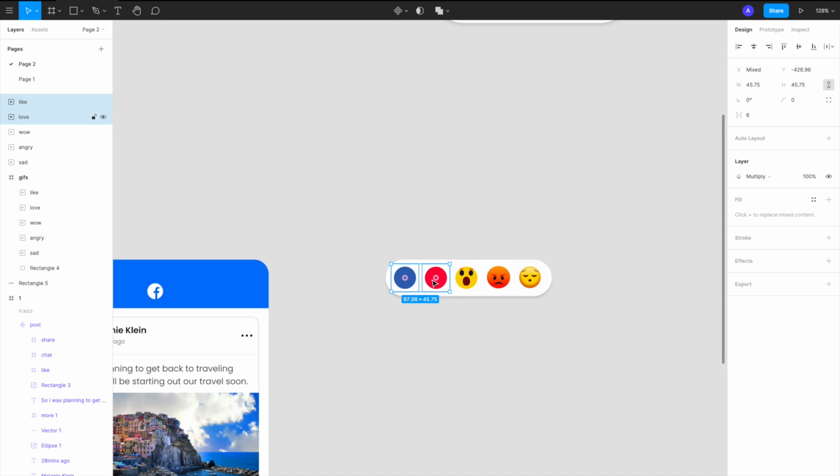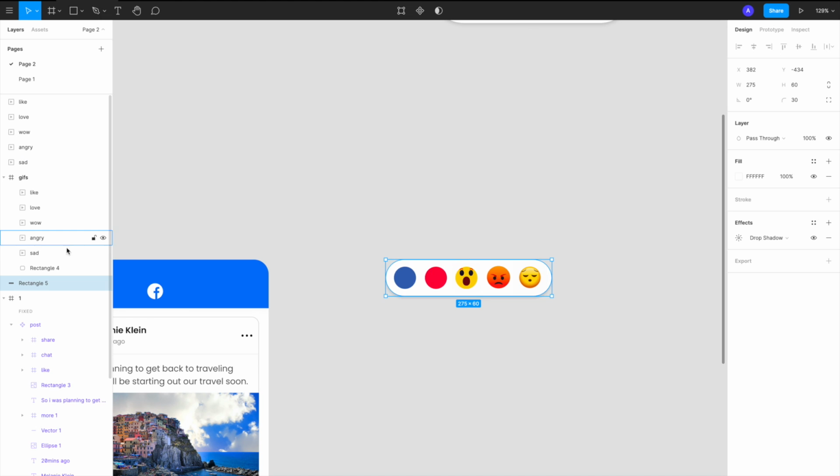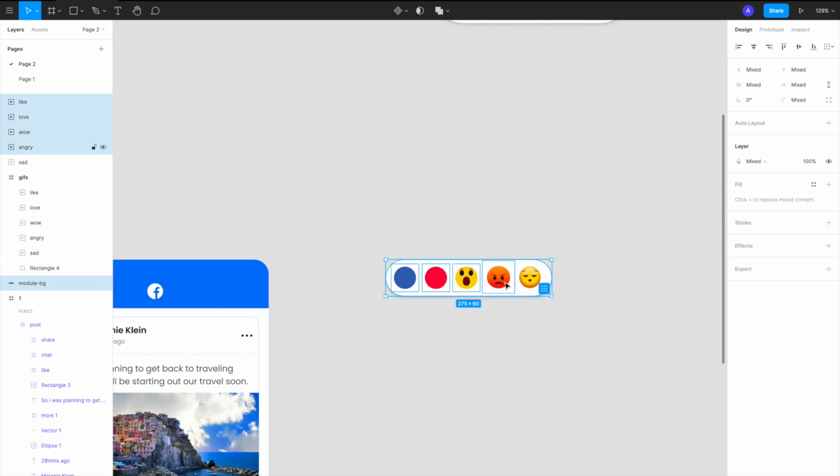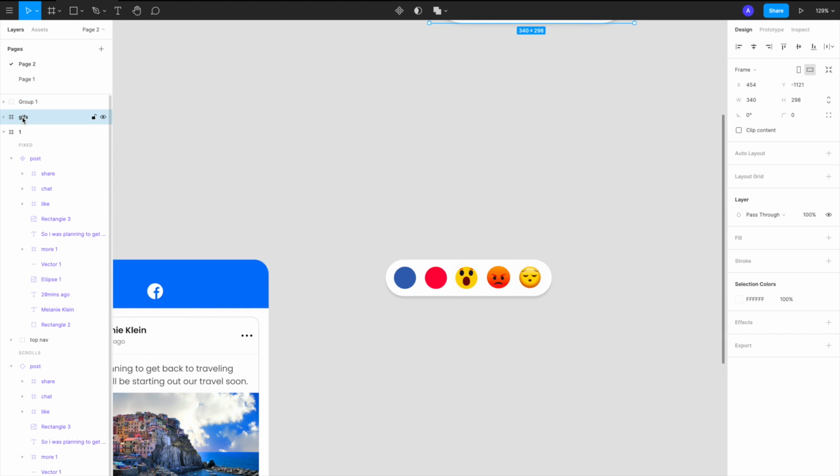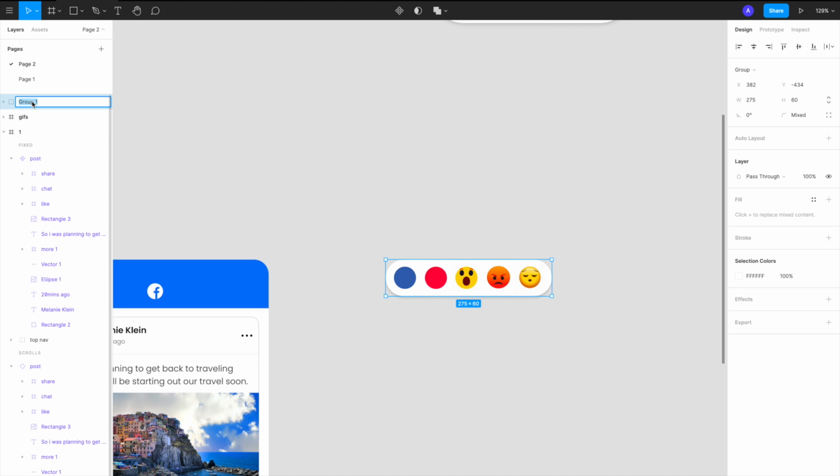I'll select all of this. First of all, I'll call it PG. And I'll select all of the GIFs together with the background and group them together. After grouping them, I'm going to call it phase 1, our first phase of animation.